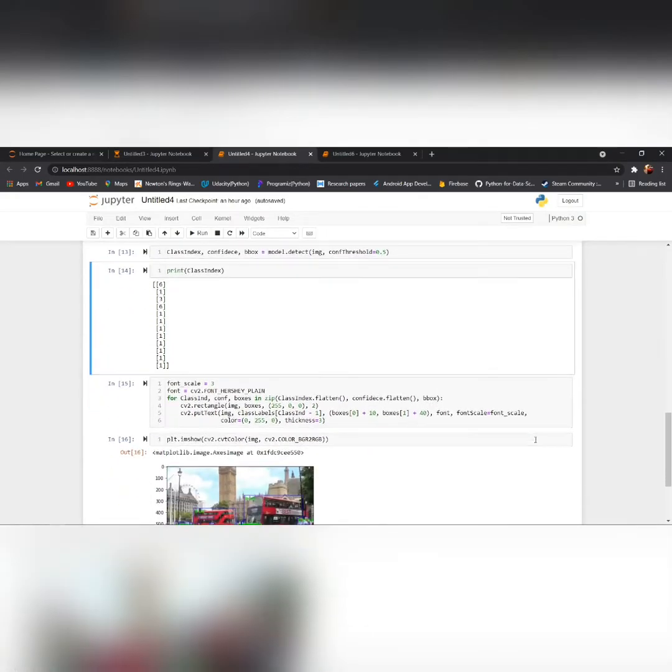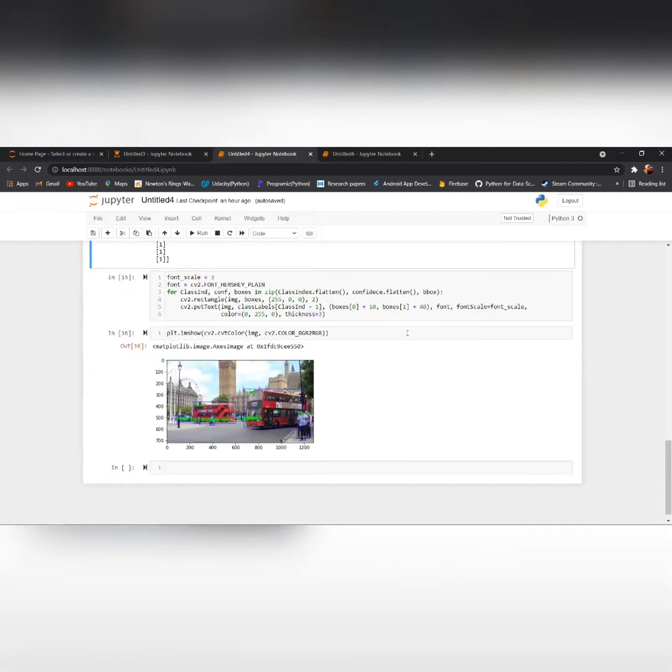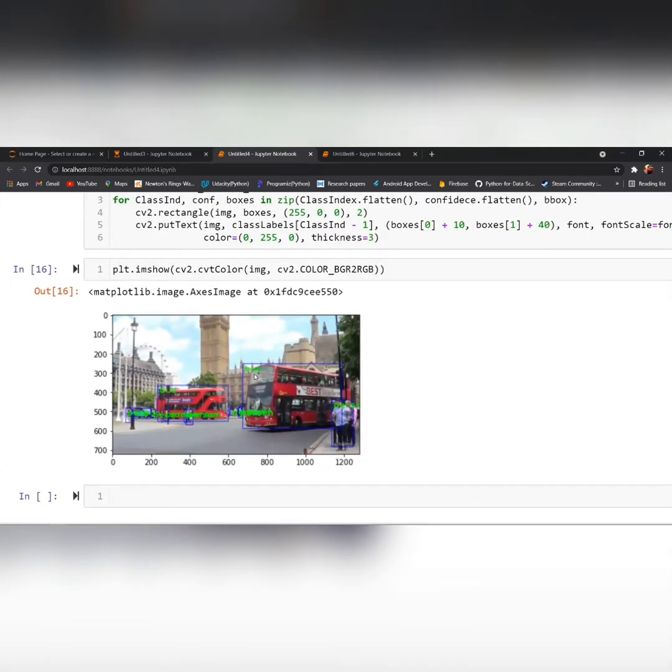Now moving on to the plotting part. Here you can see the image by using this command. This image is plotted with all the objects highlighted with a rectangular box and a green class label written on the top left side. Here you can see it detects a bus, a second bus, a car, but the word car is overlapped by the person label here.